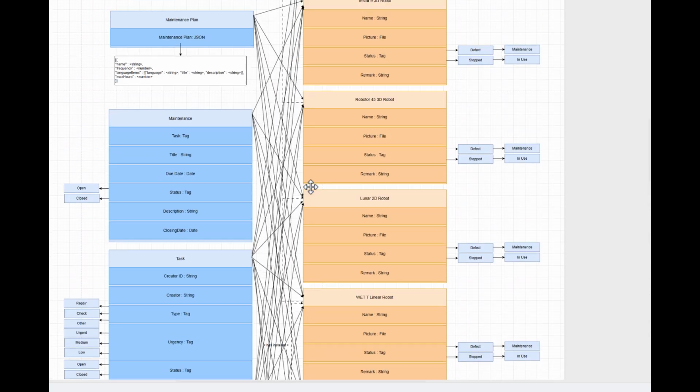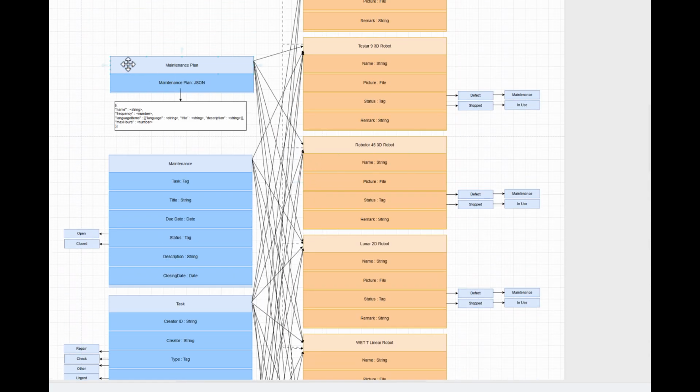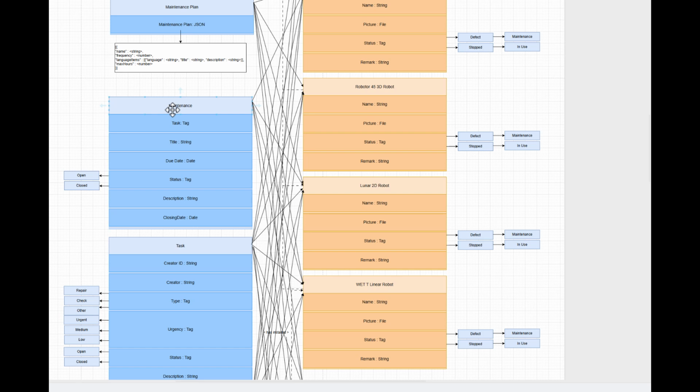And on the left side you see the document structure. The maintenance plan just comes with one property, and that's a JSON structure containing the elements of a maintenance plan. That is also an idea I will explain in more detail later on. There is quite intense use of JSON objects as the type of properties in case it needs to model a complex data structure. Then there is the maintenance object with the tag, the title, due date,